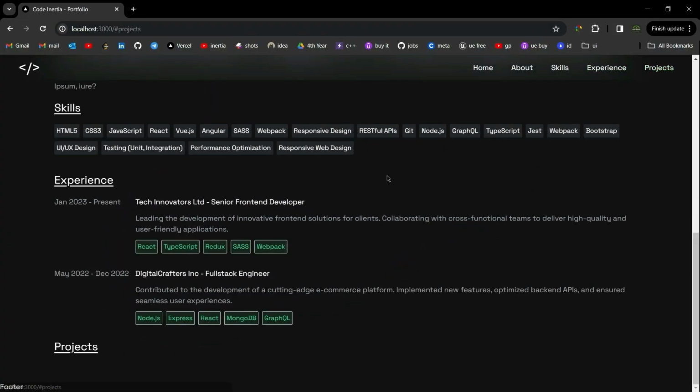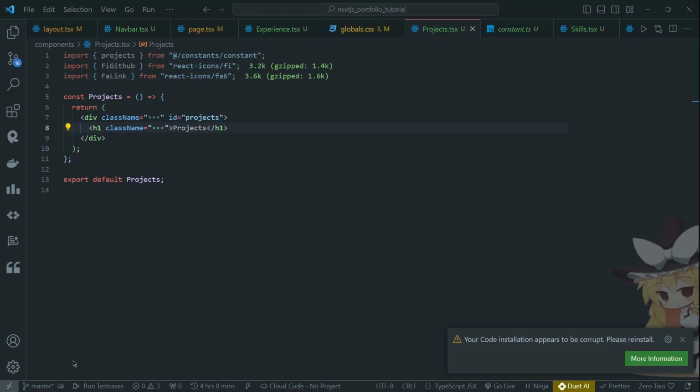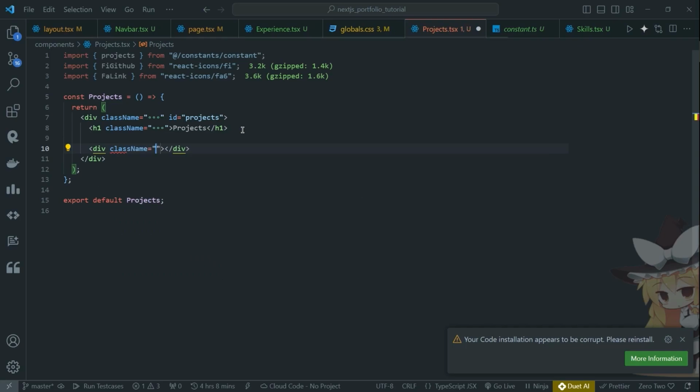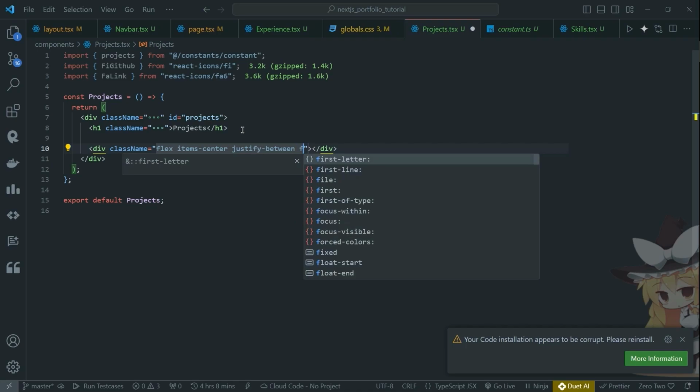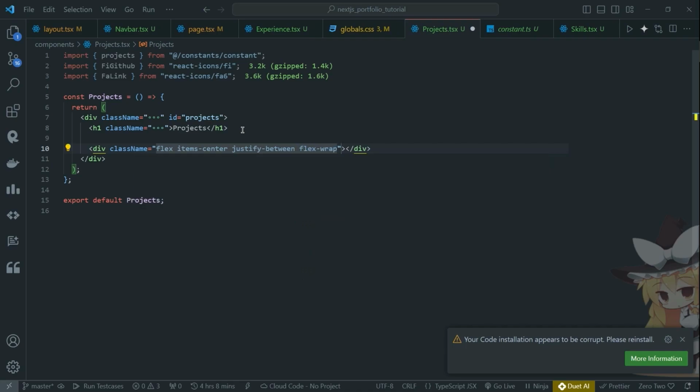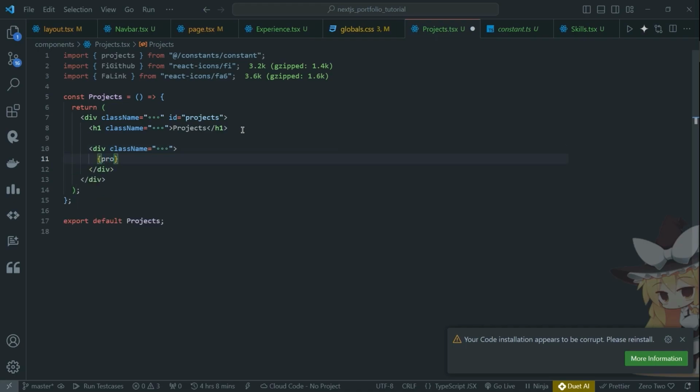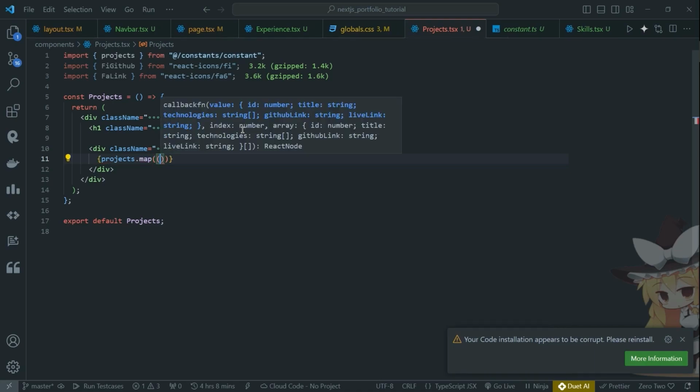We go to projects. Yeah. Okay, so below project we will create a div. We will add class name. So class name will be flex item center, justify between, and flex wrap, so it will be responsive. Now we can just write projects dot map project,